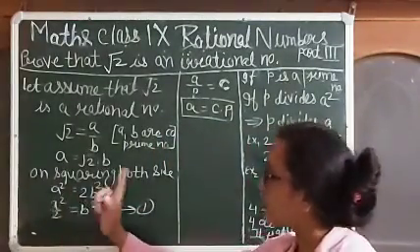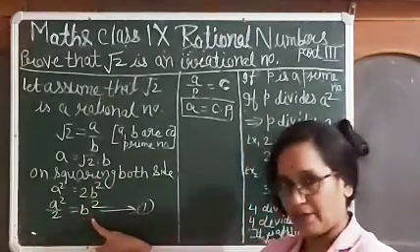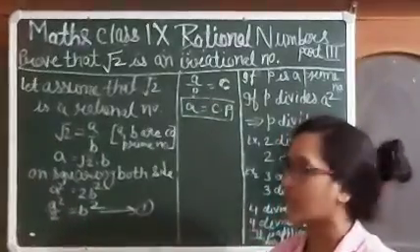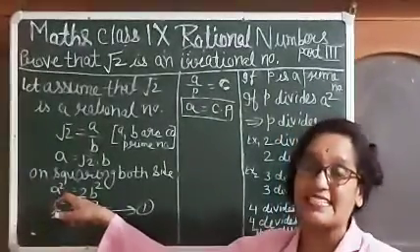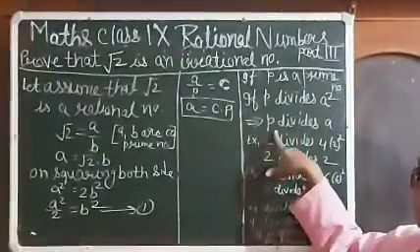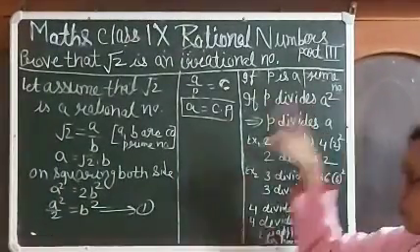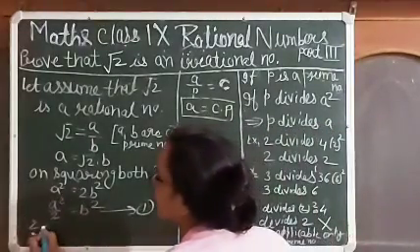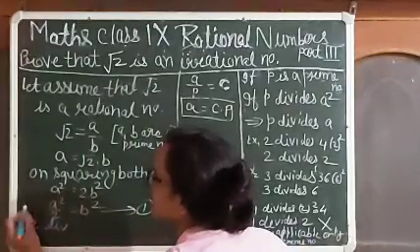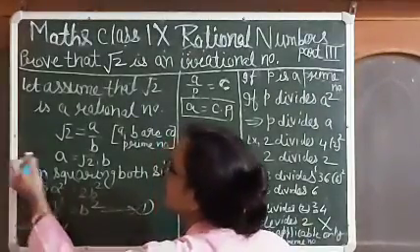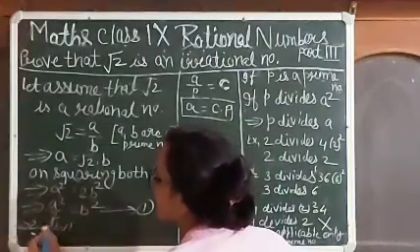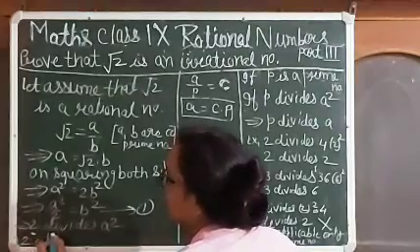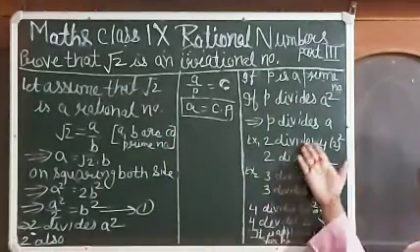What do we get when we divide a square by 2? What remains is b square. What is the meaning of this? a square upon 2 is equal to b square. It means that 2 divides a square. Same thing as before: p divides a square. 2 is a prime number, so 2 divides a square. So 2 also divides the square root of a. Here I prove that.